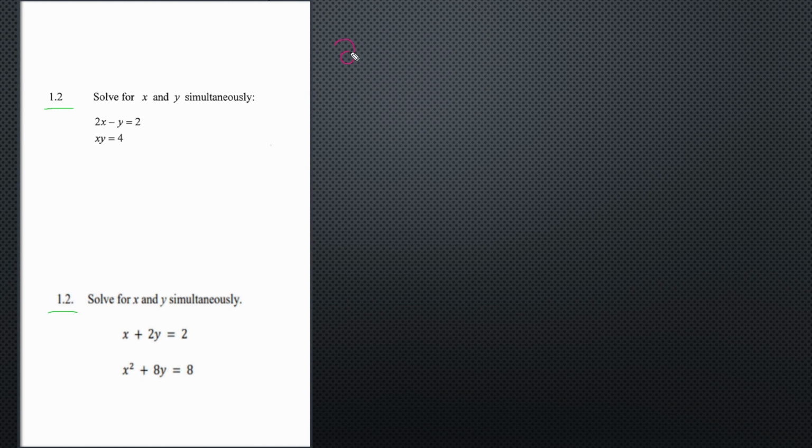So you do have 2x minus y equals 2. When you are working with both equations, you have to ensure that you have a variable, x or y, that you can substitute into